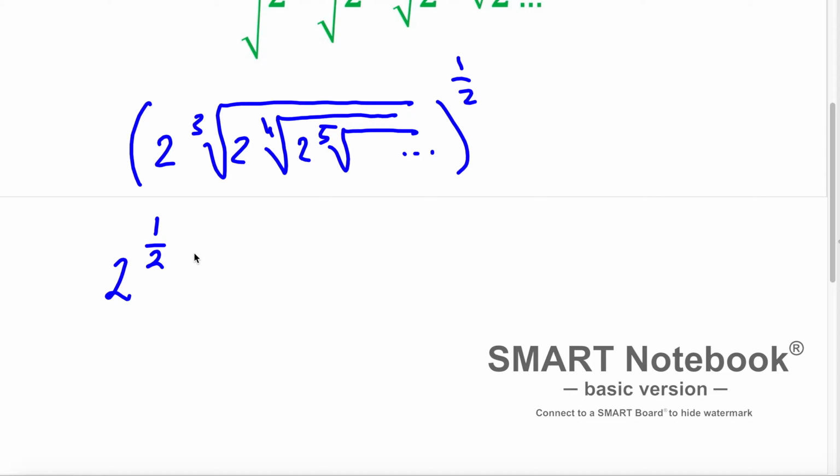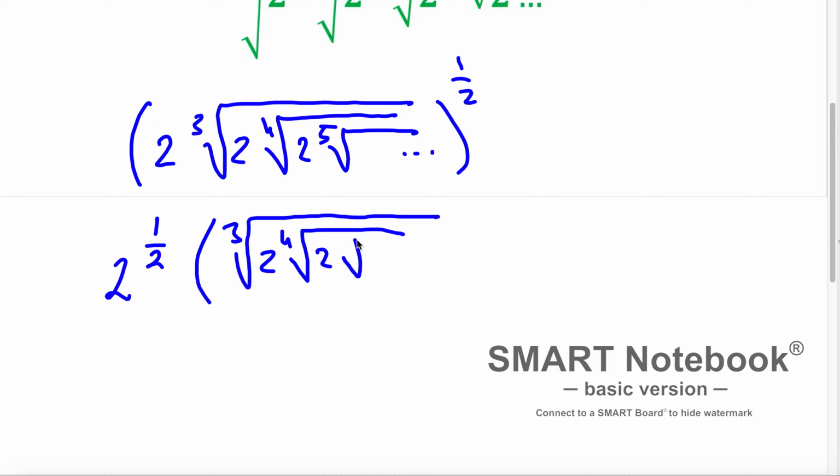2 in exponent 1 over 2, and everything here stands inside the parentheses the way it is. I'm not changing anything, so I'm rewriting whatever stands inside the parentheses. But here is 1 over 2. And the same process I'm going to continue in each following term. And if I'm following here, in this term, now this 2 times 1 over 2 is going to be